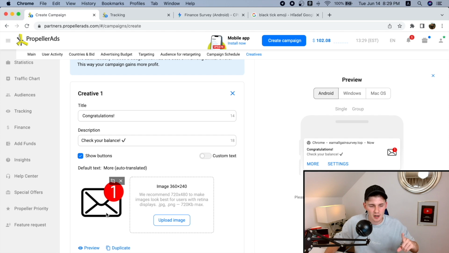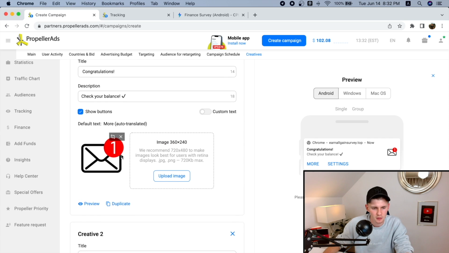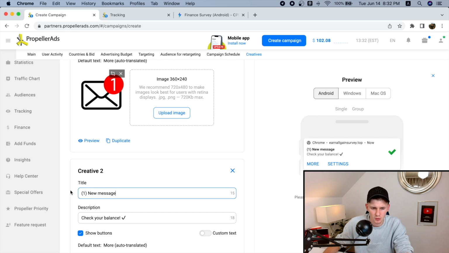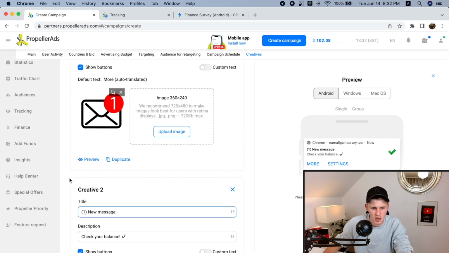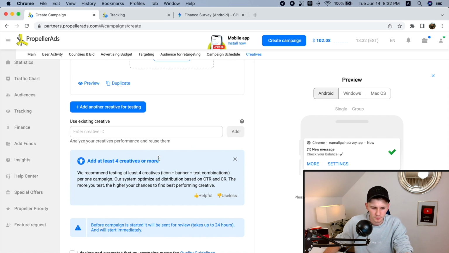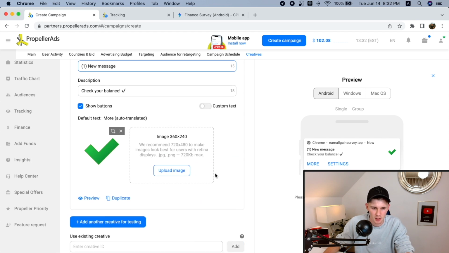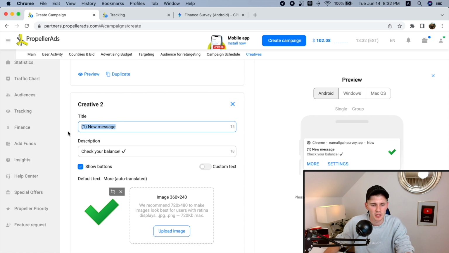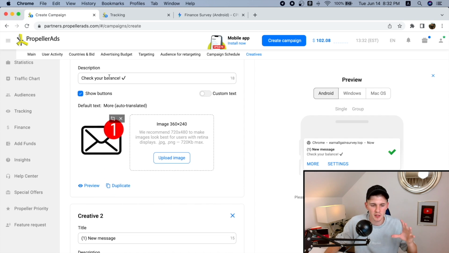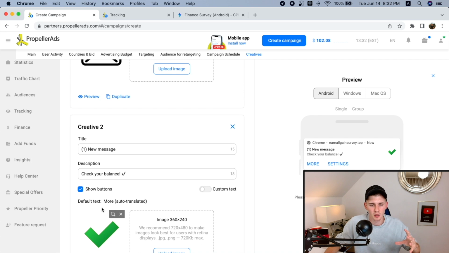This is for India traffic with two ad creatives. I'm also going to do one more thing here in the title down here. I'm going to add congratulations, and I'm going to do something like one new message. So just to change up the title as well, because when I'm reading down here, you can see add at least 4 creatives or more. We recommend testing at least 4 creatives, icon plus banner plus text combinations. So I'm going to change the title here. I'm going to leave the description the same, and I changed the image just like I mentioned for the green tick mark. So here the title is congratulations, and here you have one new message, and here the images are